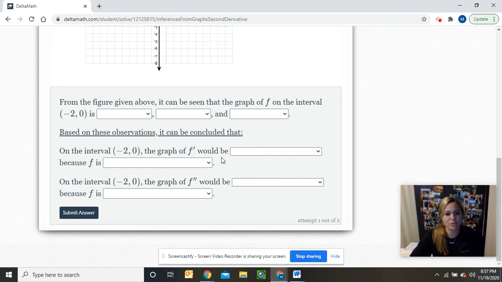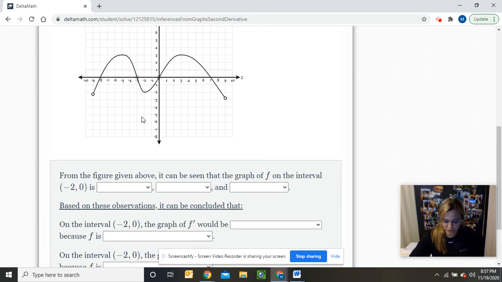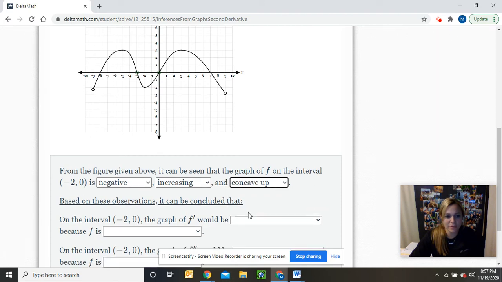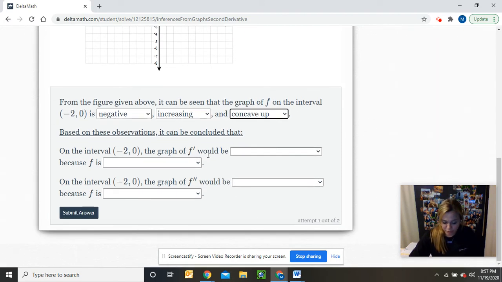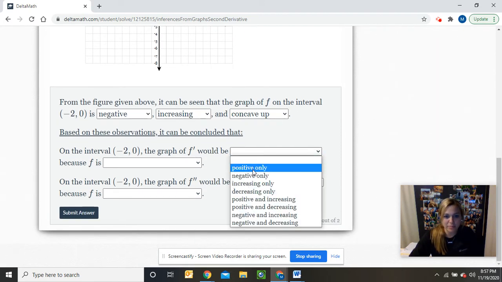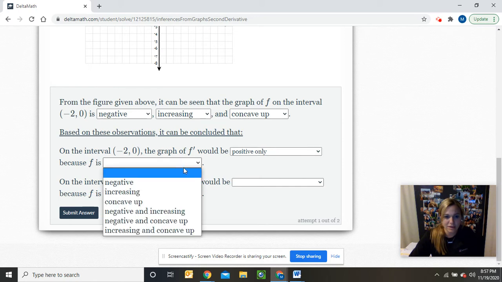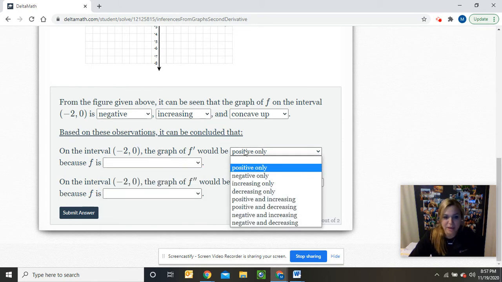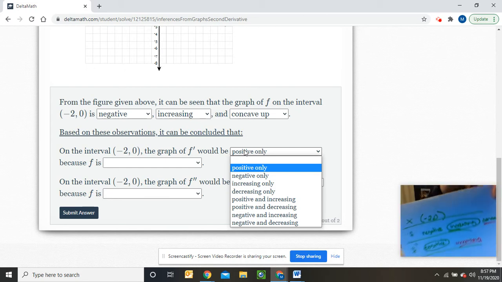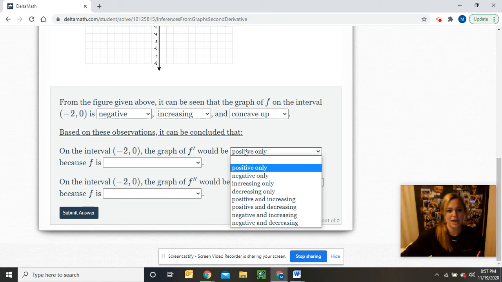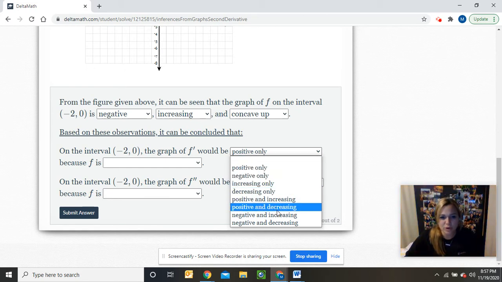Okay, and then we'd go through and we'd have to say all these things. So from -2 to 0, we said this function was negative increasing concave up. So f prime, we said it was positive and increasing. So I'm looking at my chart. There it is. So we know it's positive and increasing